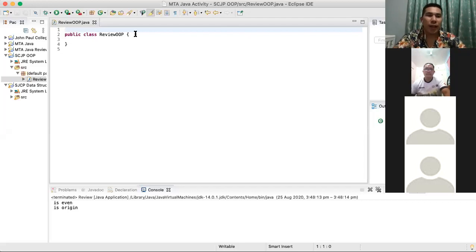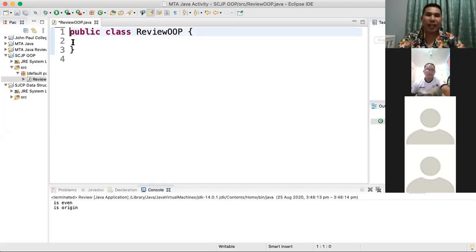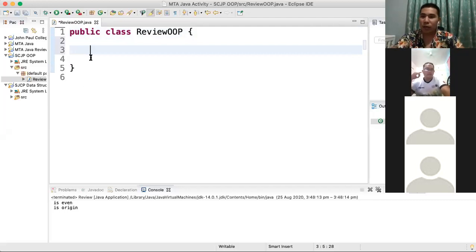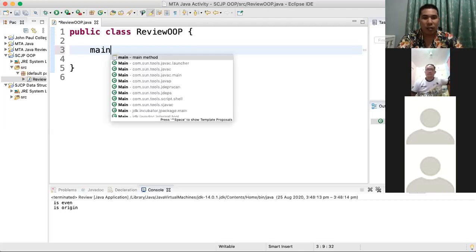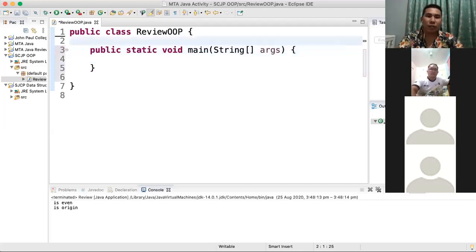So, I have here a class in Java. It's similar to NetBeans, only NetBeans has the capability to drag and drop, the only thing that Eclipse lacks. Although we can install JDesigner for Eclipse to drag and drop objects or Swing components. Java is built for hard coding, not for drag and dropping. It's not event-driven, unlike Visual Basic.NET, which is an event-driven language. So I'm going to create now a main. We're not yet